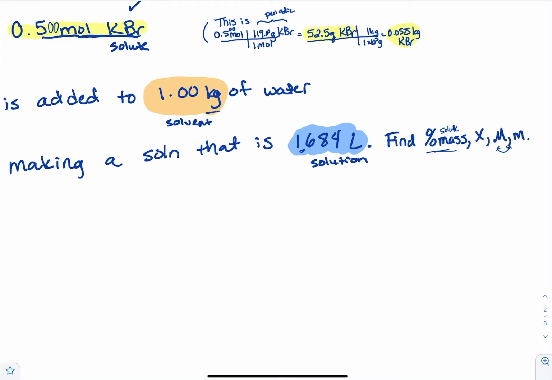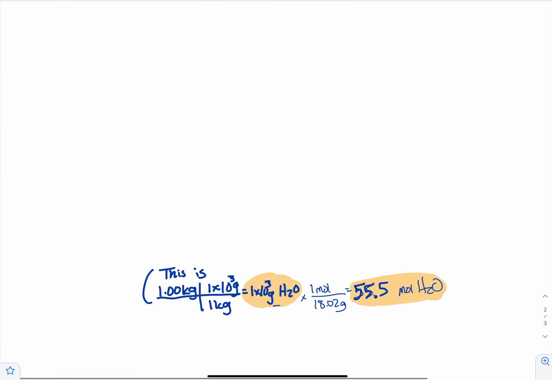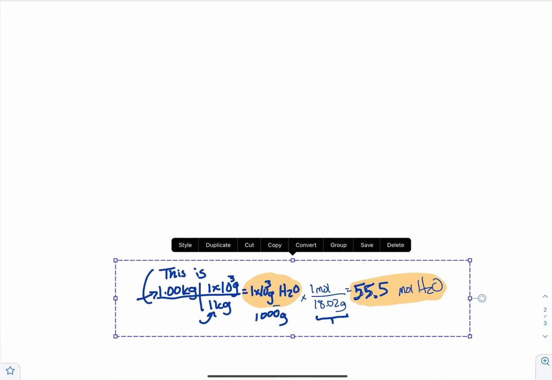Now on our kilograms of water, remember that's easy to get into grams as well as moles. So I'm just pointing out that we have that information too. You can take your 1 kilogram right here and use that conversion. Remember the 1 goes with the prefix and there's 1,000 grams in it. So 1 times 10 to the third, or 1,000, whichever way you prefer to write it, of water. And then I can use the numbers off the periodic chart, which hopefully you've memorized for water by this point, and get it into moles. Notice on all of these, I'm continuing the sig figs that I had to begin with.